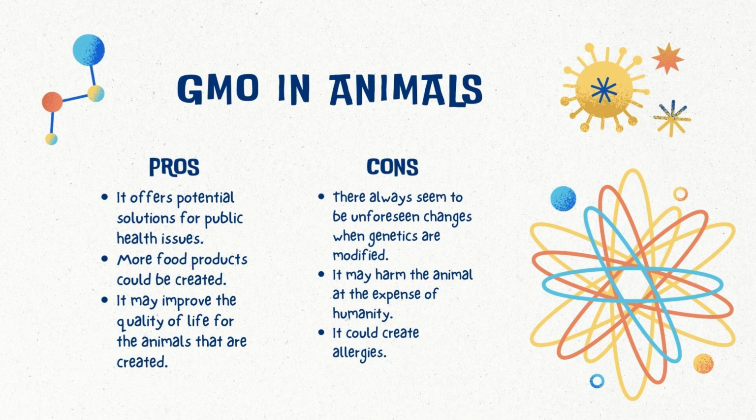The third one is it may improve the quality of life for animals that are created. Animals can also be genetically modified to have an improved life. This may include longer lifespan, better adaptability to changing environments, and other features that can make animals more competitive in their natural habitat. For the cons of genetically modified animals, first, there always seem to be unforeseen changes